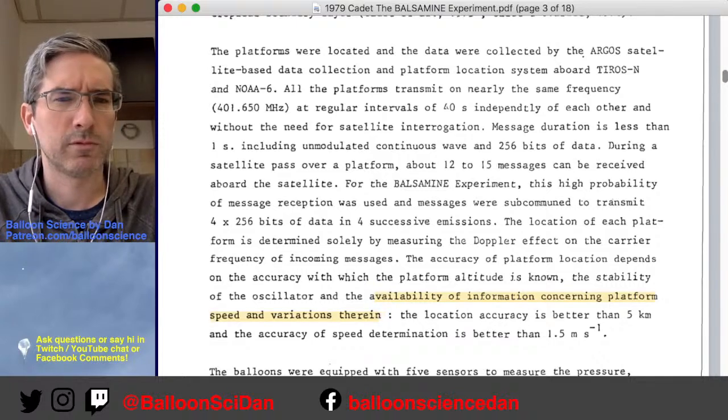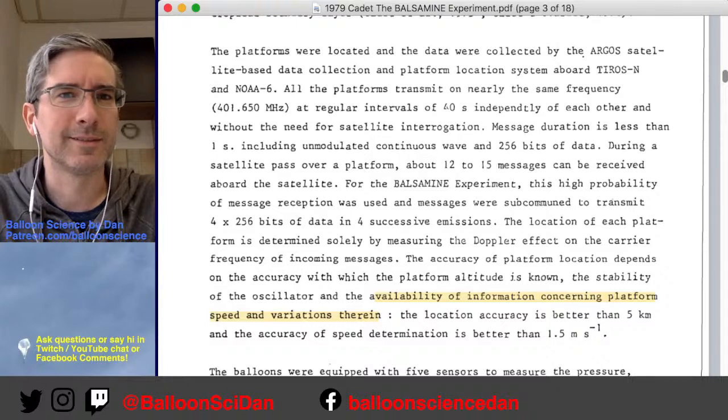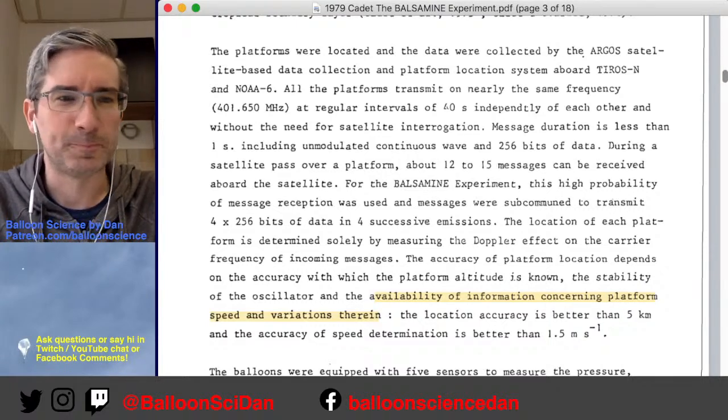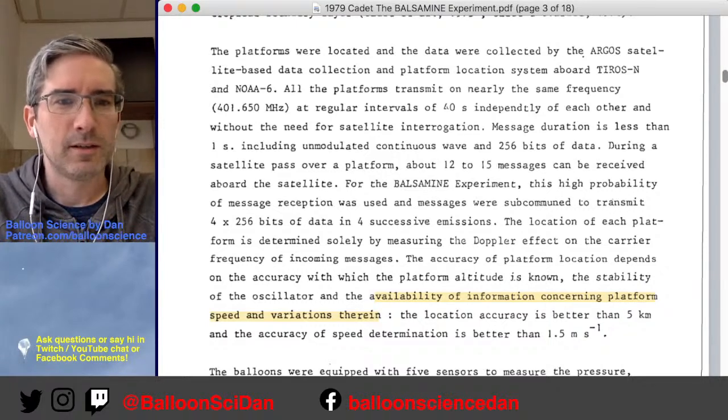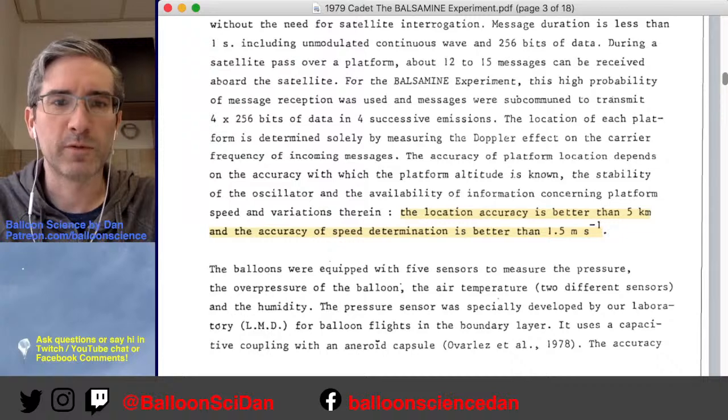Wait, do they mean platform as satellite or balloon? Maybe I've been reading this wrong. Oh God, I think platform is the balloon. The location accuracy is better than 5 kilometers, and the accuracy of speed determination is better than 1.5 meters per